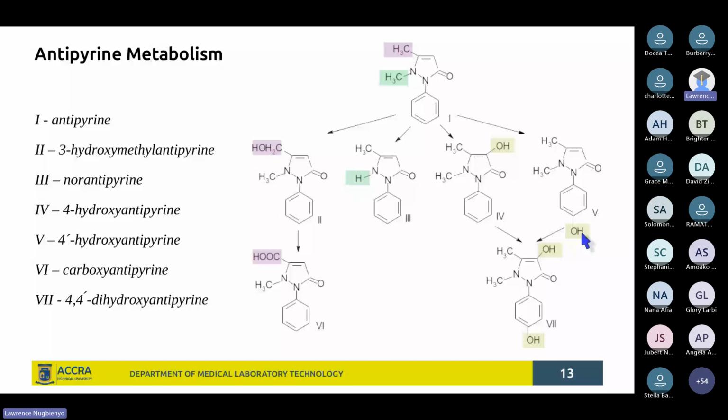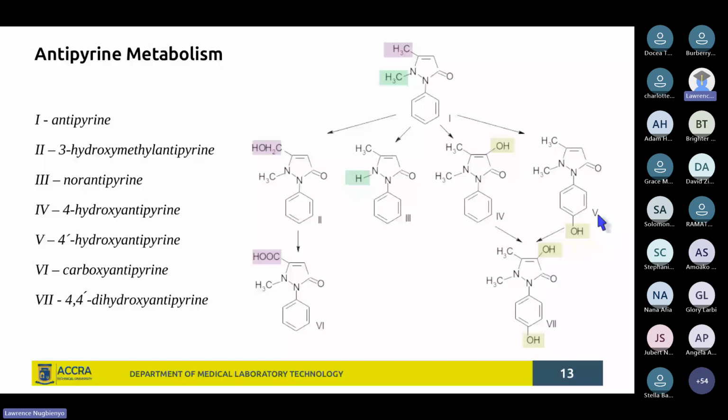Because you see, there's no hydroxyl group there in the original compound number 1. But here, there's a hydroxyl group. So that's another hydroxylation reaction. So another type of oxidation, hydroxylation, has occurred to give you compound number 5,